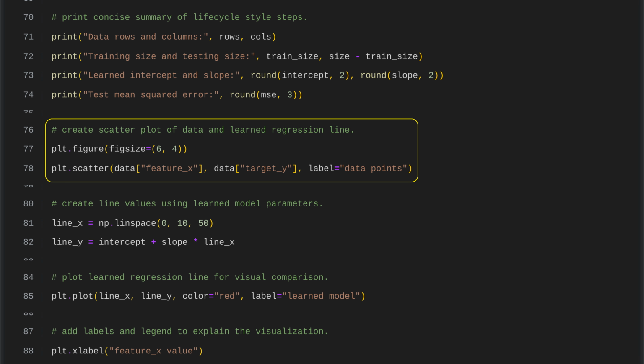We begin by creating a plotting area with a specified size to serve as the canvas for our visualization. On this canvas, we make a scatter plot where the feature values from our dataset are placed on the horizontal axis, and the target values are placed on the vertical axis. Each point on the plot represents one feature target pair from the synthetic data. We also assign a label to these points, called data points, so they can appear clearly in the legend. This scatter plot helps us visually examine how the feature and target values are distributed and how they relate to